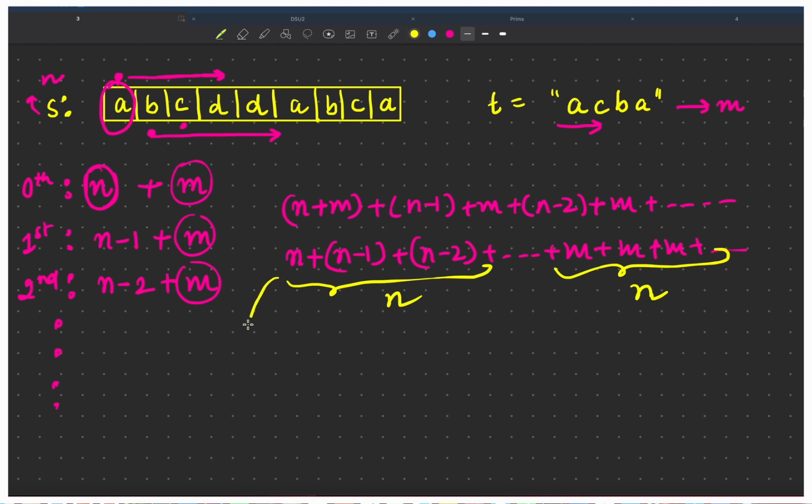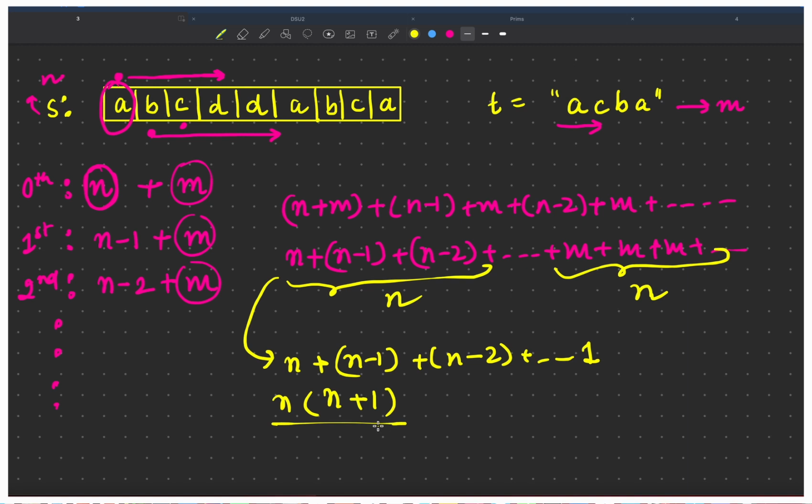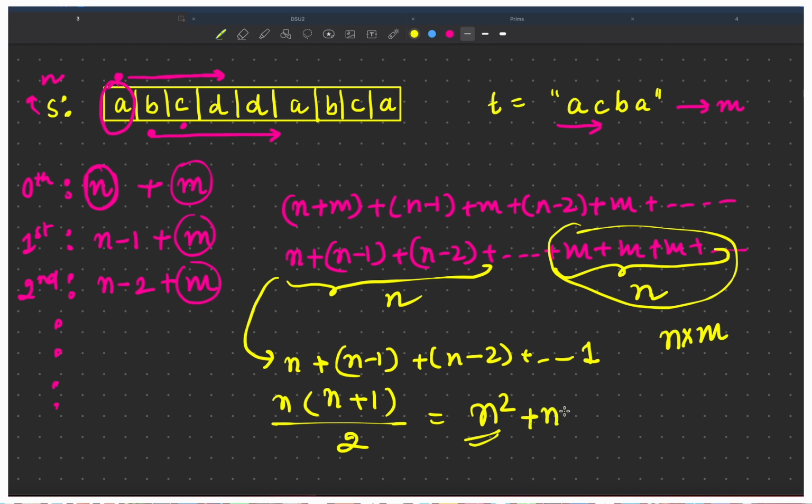Now if you closely look at this series, it is nothing but the sum of first n natural numbers, and we know the formula n plus 1 into n divided by 2, right? And we'll get n square from this. And since for every element we are creating a map, it will take n into m time, right? So final time complexity will be n square plus nm. This will be the final time complexity.